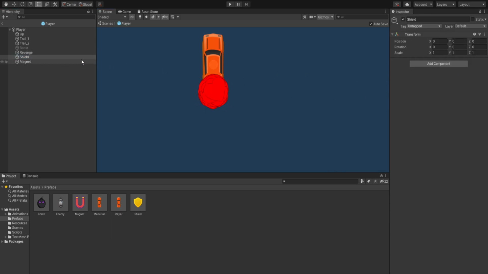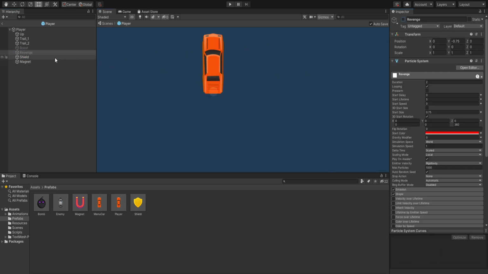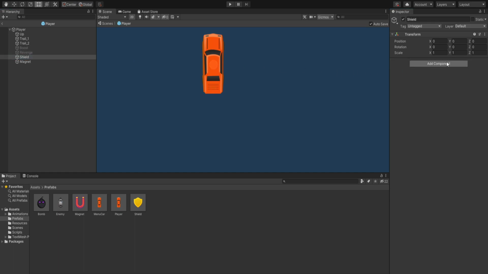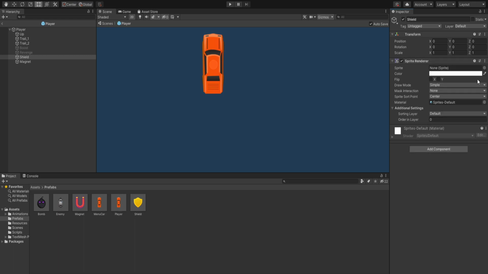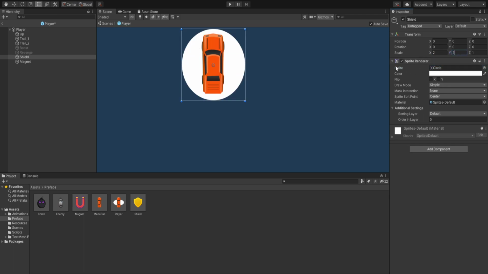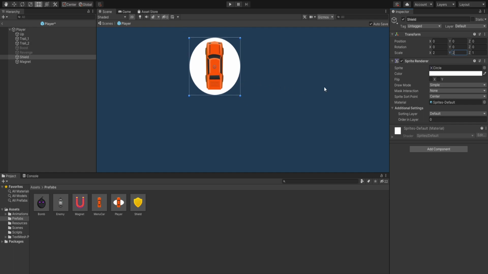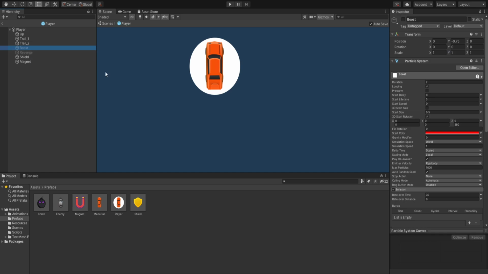And for the shield, let's hide the revenge. We are just going to use a sprite render component, and the sprite, let's just use the circle sprite and increase the scale to 2. And this one is the shield, so it will be like this. And ordering layer for revenge,